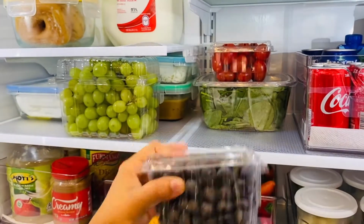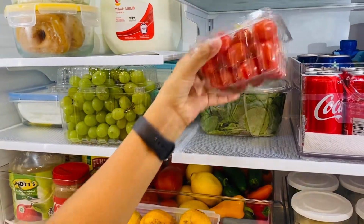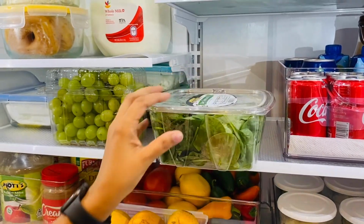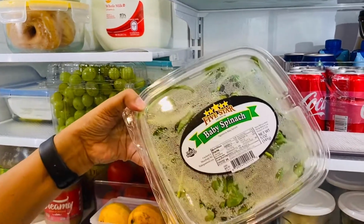Some blueberries, cherry tomatoes, organic spinach box,